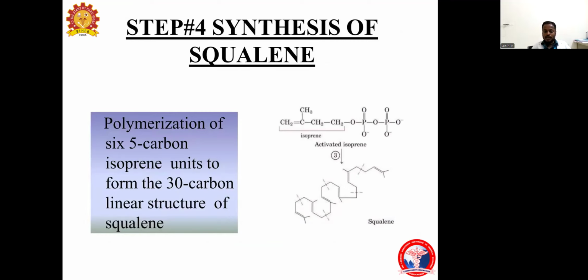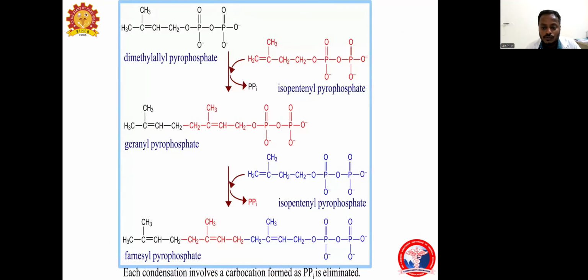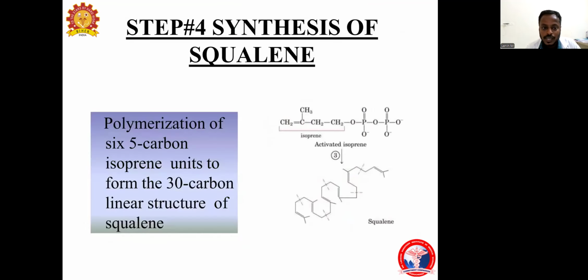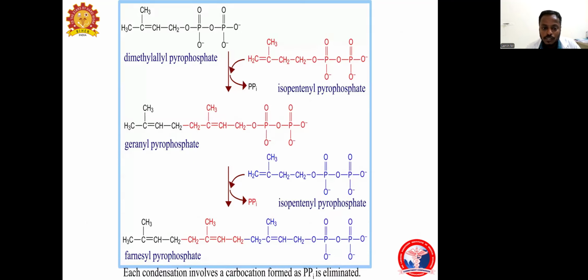Now we convert to the 30-carbon linear structure of squalene. This is the most important step: squalene will be formed. And how is squalene formed? Dimethylallyl pyrophosphate is converted to form geranyl pyrophosphate, and from this, geranyl pyrophosphate combines with isopentenyl pyrophosphate. In this reaction, pyrophosphate is released to form the final product, farnesyl pyrophosphate,